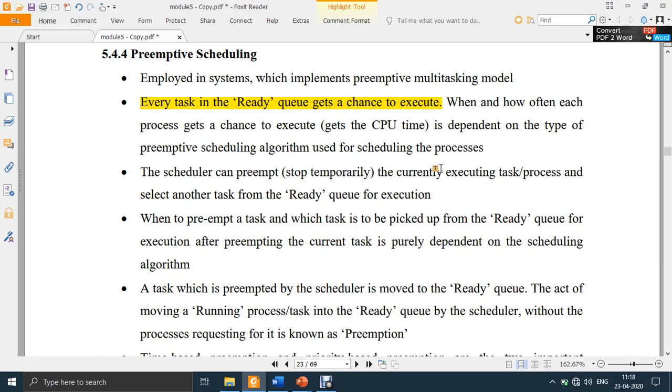But the person who is given the chance will not have, let's say, infinite time to consult the doctor. No. Once he's given the chance to consult the doctor, he can be interrupted anytime and moved out of the consultation chamber anytime. That depends again on the scheduler. How much time is given for each patient to consult the doctor depends on the scheduler, and the algorithm that you have selected, or the set of rules that you have selected.